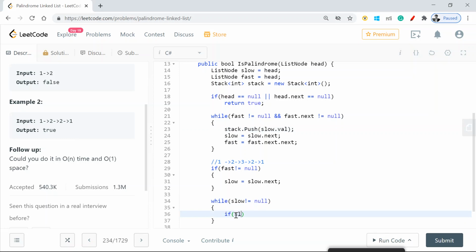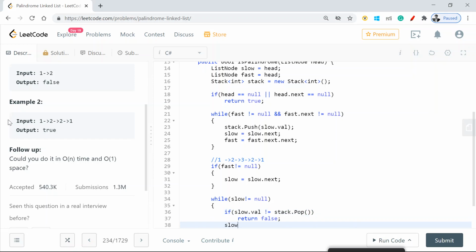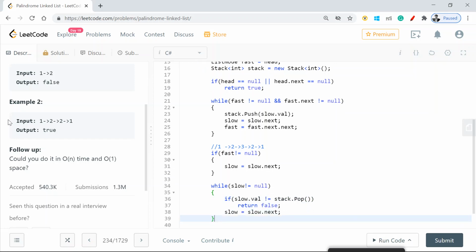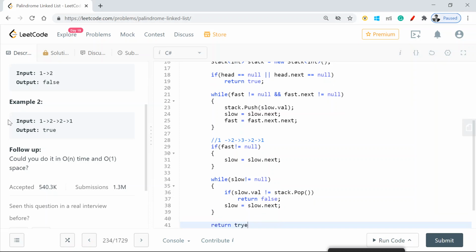So if my slow dot val is not equal to stack dot pop, then I'll return false. Slow equals slow dot next, because I'll move to the next index, and if everything was fine, I'll return true.